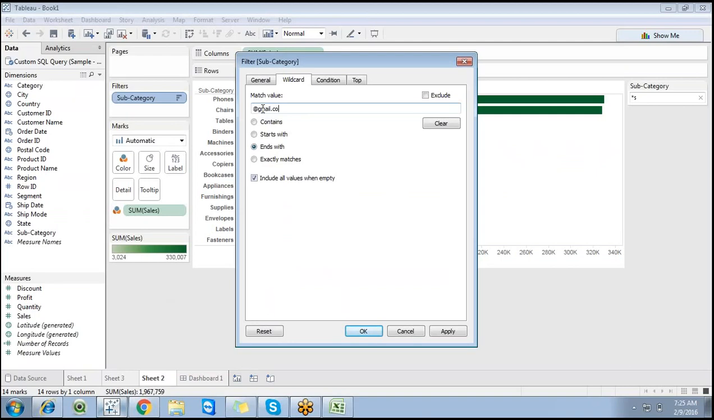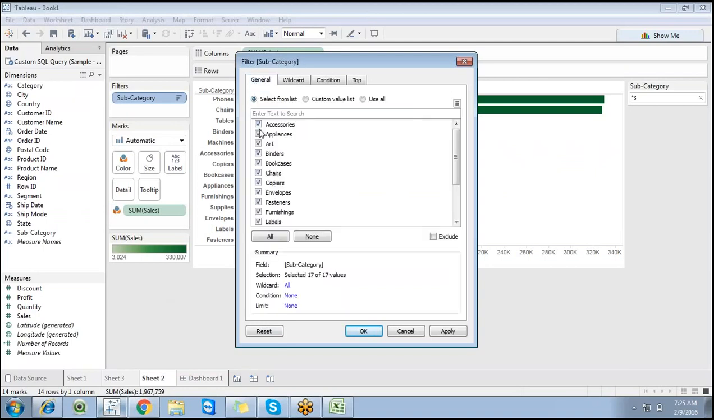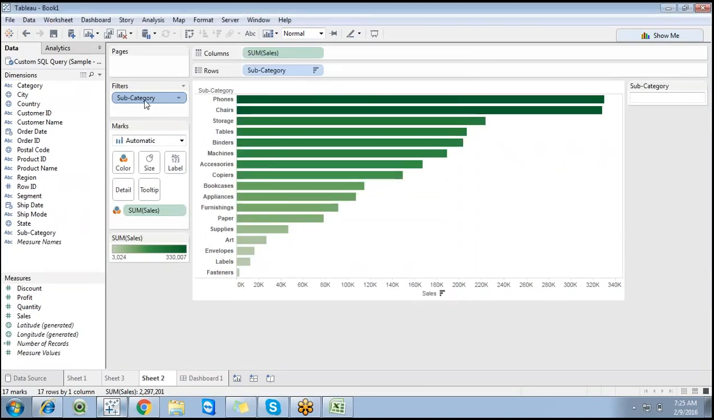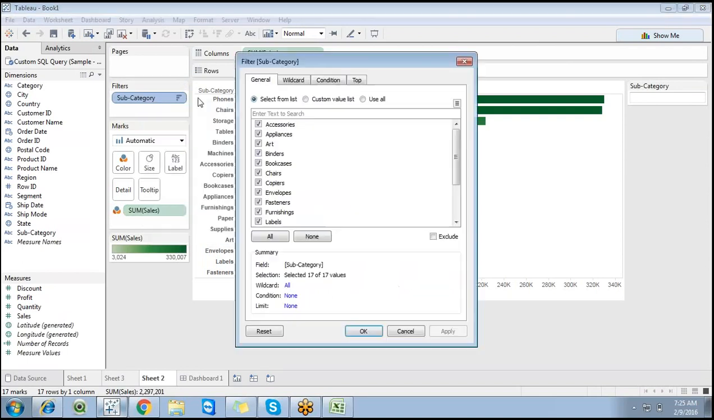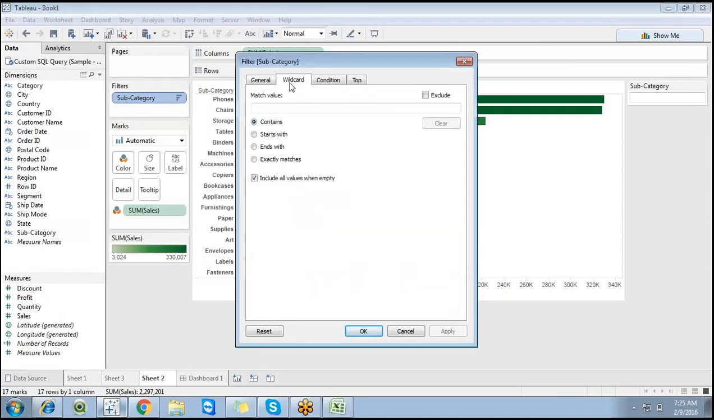Straight away you can work with ends with at the rate gmail.com. So it is going to filter out the Gmail users, or if you want to filter out any users, you can go for it. It is more flexible. So if you want to filter out unwanted data, you have options like right click, filter, general, wildcard,